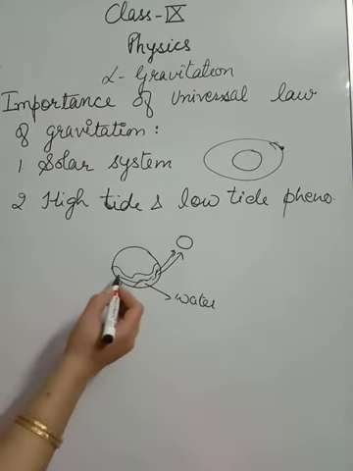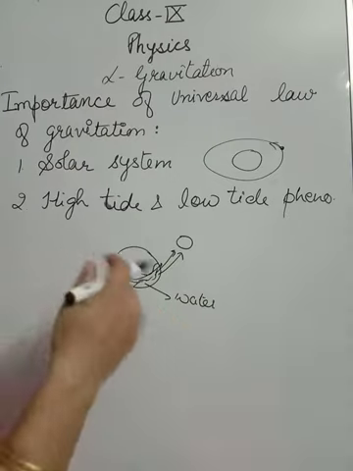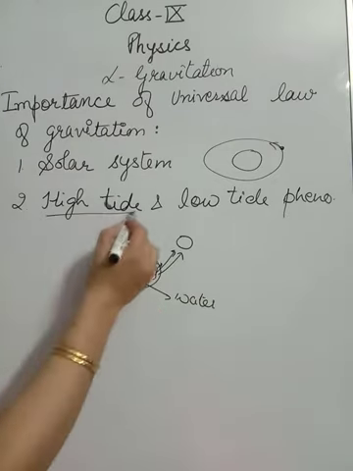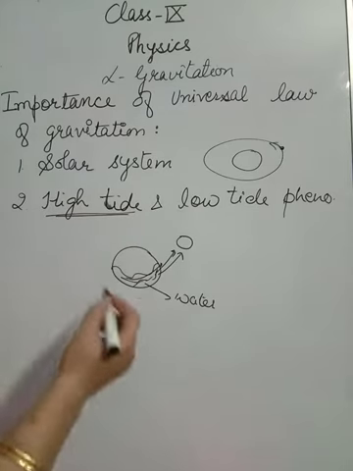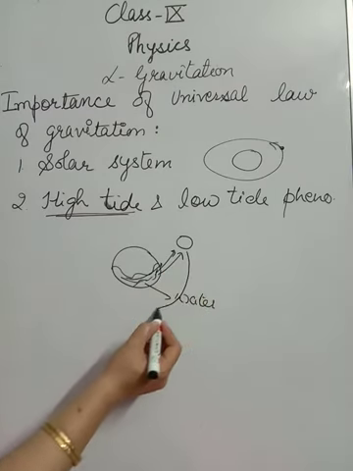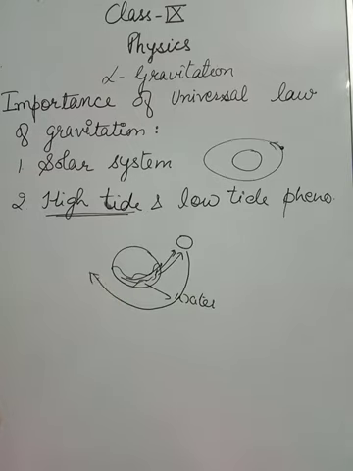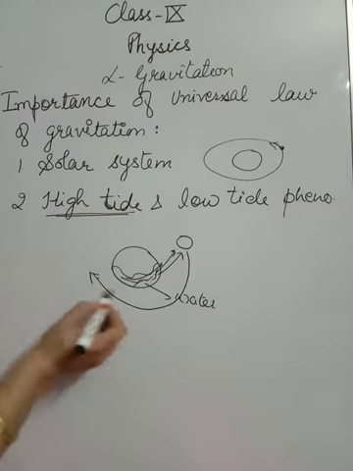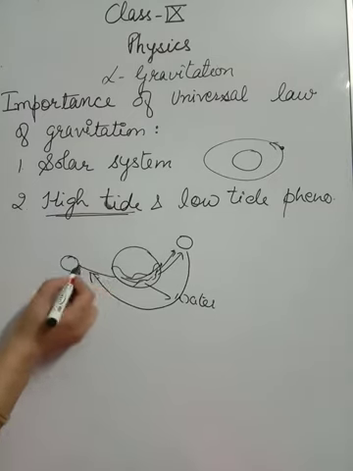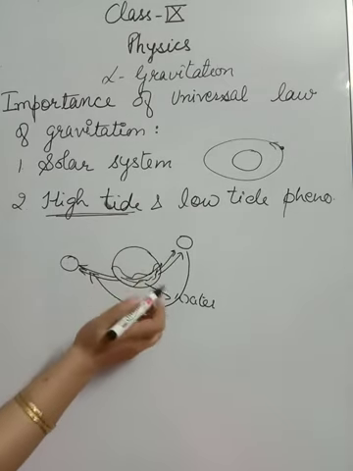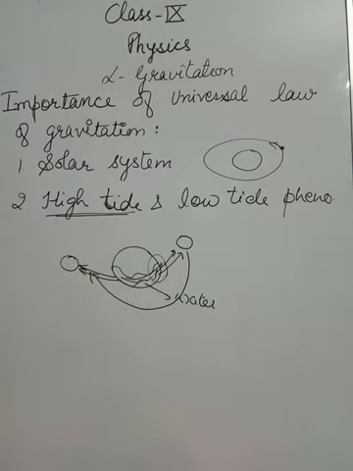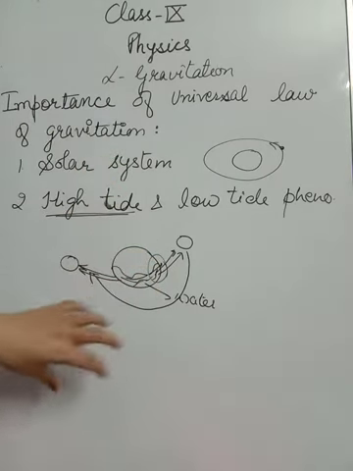Okay, and so the water starts moving toward it and rises more, so there is a phenomenon of high tide. Exactly after some time, what happens when the moon comes to this place after a gap of almost 6 hours and some minutes? When the moon is toward this side, water will be attracted toward this side, so at this place there will be a region of low tide. Okay, so high tide and low tide, how these take place, this is how the universal law of gravitation explains this phenomenon.